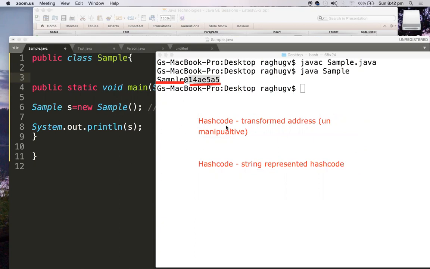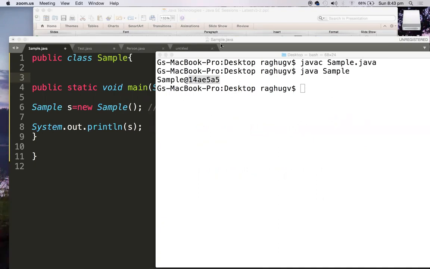Now my point here is not this. Let me clear all these things. Some output we have got, right? But let me check with the bytecodes. javap, then say Sample.